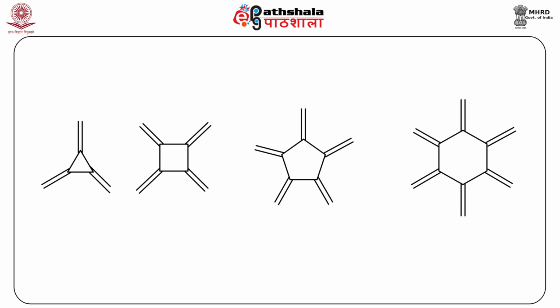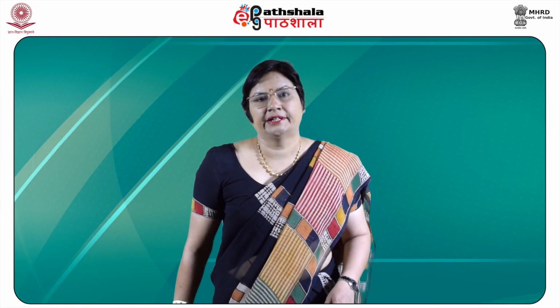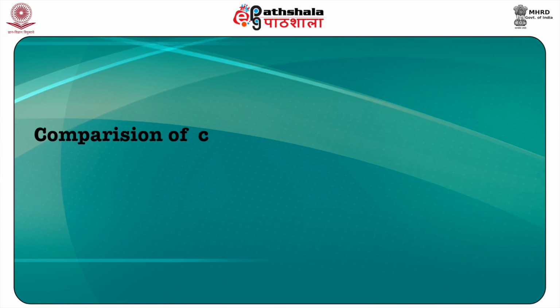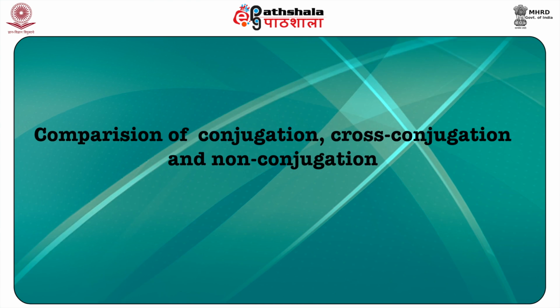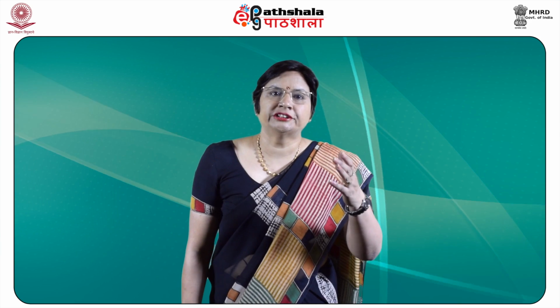And all these radialenes, you can now understand they are all cross conjugated systems where all these double bonds cannot take part in conjugation at the same go, but yes, part by part you can look at there is conjugation present in these molecules. So after understanding cross conjugation, let us now do the comparison of conjugation, cross conjugation and non-conjugation. Conjugation comes in 3 flavors, the simplest of which is the normal straight through linear conjugation seen in many